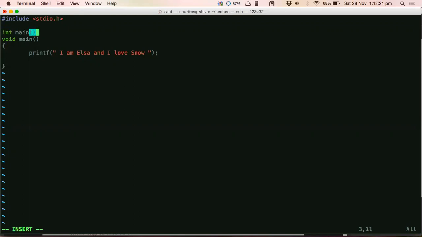Int is the return type of that function, as in what kind of data the function returns to you. It is returning back to the main for that data to be propagated to the rest of the code inside the main. So that is the int part. It is the return type of the function. Did it make sense?